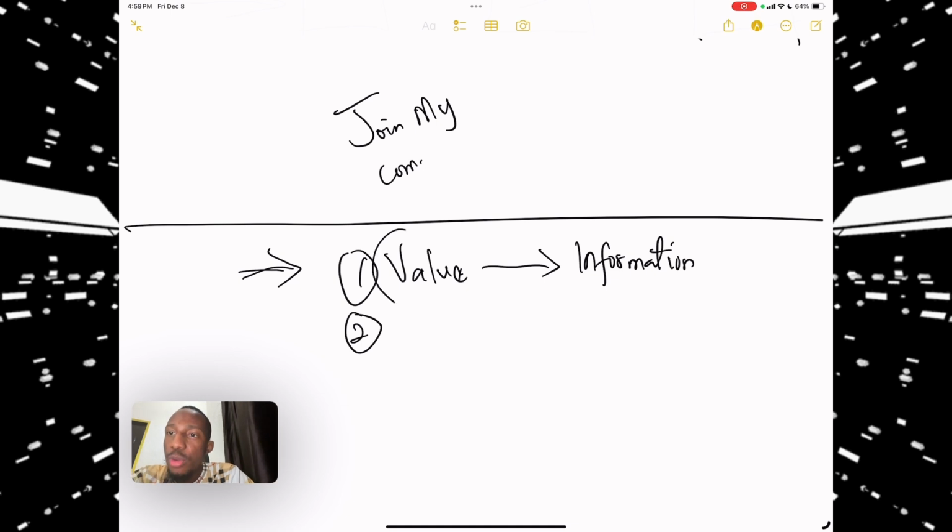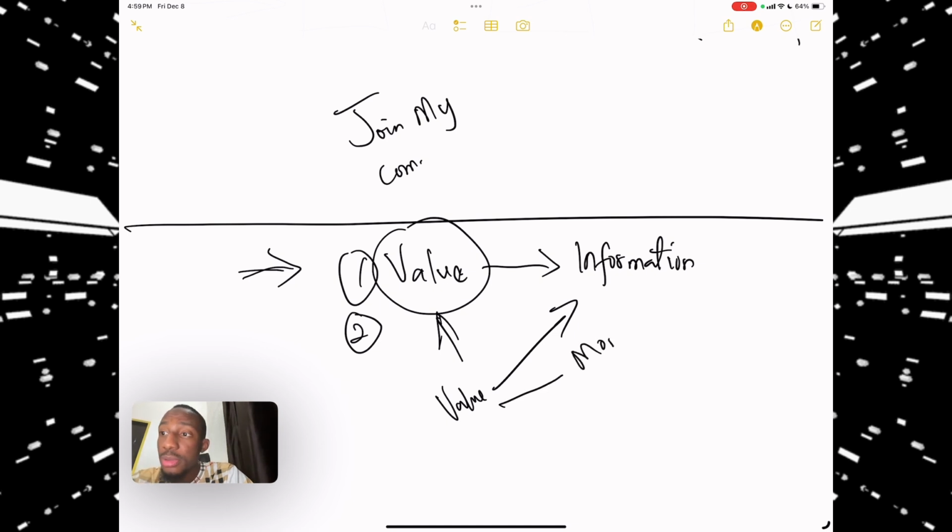So this is one of the most costly commodities in the world right now: value. Value is most times tied to information. Value is also most times tied to money. If someone is giving you money constantly, even if you really don't like the person's ways, you just say, okay, I like him, it's cool, he's giving me money. I don't want to say what came to my mind, right? But basically that's it.